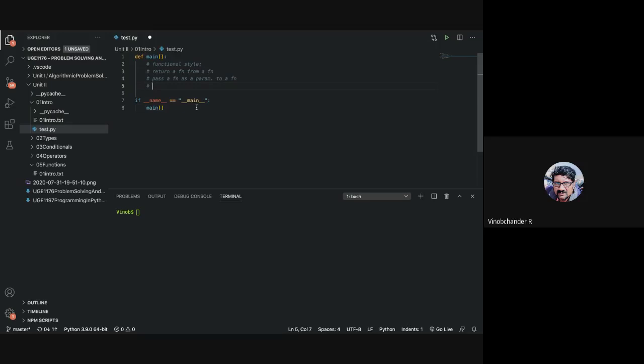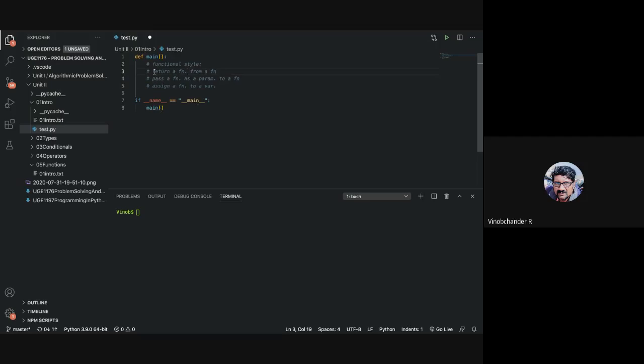Number three, you can assign a function to a variable. These three aspects are very, very important with respect to functions as first-class citizens.